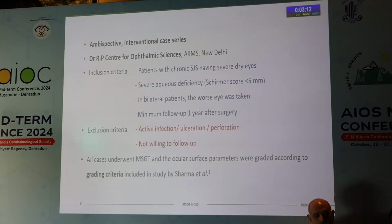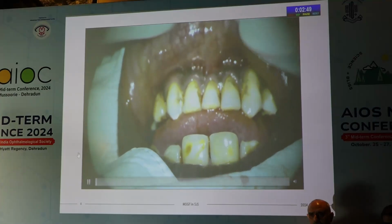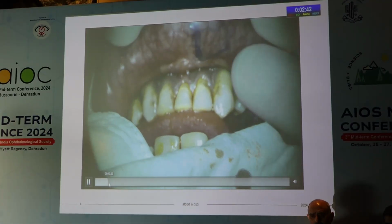All the cases were graded pre-operatively and 1 year post-operatively based on the grading criteria published by Sharma et al. This is how the procedure was done. This is how the graft was harvested. Pre-operatively, the patient was asked to do betadine or chlorhexidine gargles. After cleaning the oral mucosa with betadine, a marking of approximately 10 by 10 was done, and after infiltrating